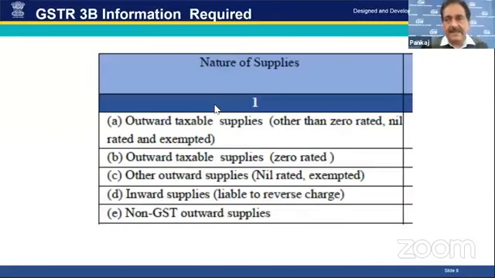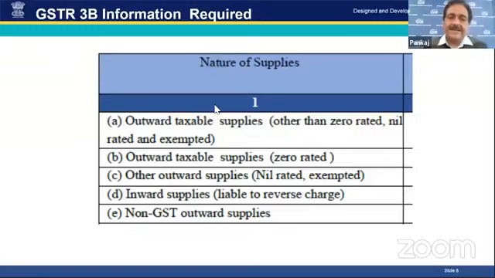So here is the main format of GSTR 3B, and the nature of entries to be made, which would cover the outward taxable supplies which are other than zero rated, nil rated, and exempted. It means for all the taxable supplies provided by the registered person, the details are to be entered. And in the next column, outward taxable supplies which are zero rated, on which the tax has not been paid by the taxpayer, are to be entered.